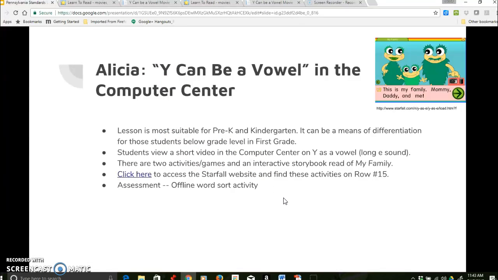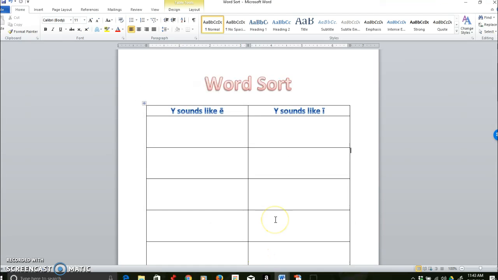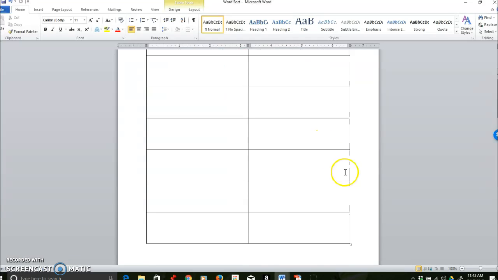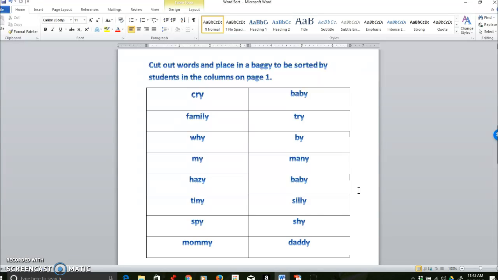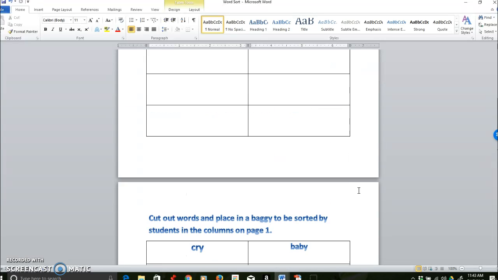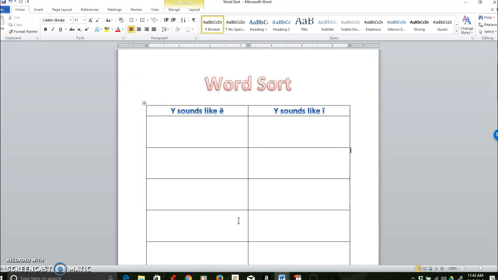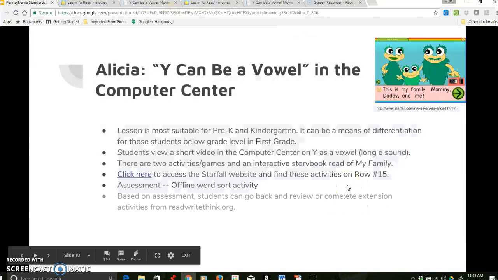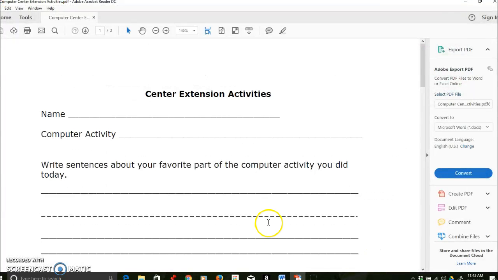The assessment is an offline word sort activity that I made, and here's the word sort. So I would have this activity per child, and basically I've come up with 14 different words, and these would be cut out and placed in like a little baggie. This would be nice to be laminated for students to sort those out. And based on the results of that word sort, then there are choices to make. Students can go back to review or use the extension activities from